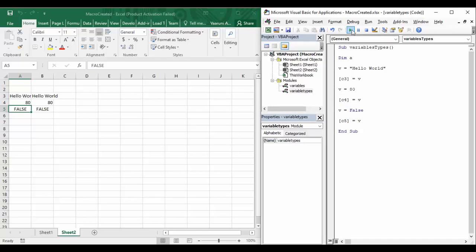Then if I try to run this code, you can see it's running perfectly fine, which means that Visual Basic is not handling this intelligently. It is not checking whether a variable is declared before usage or not. It is just using that variable without any regard, but this is not the correct thing.